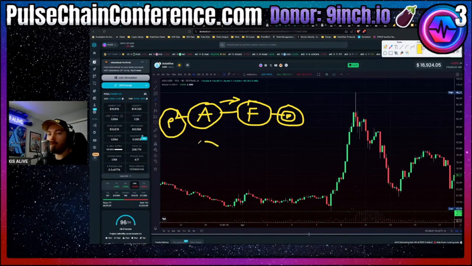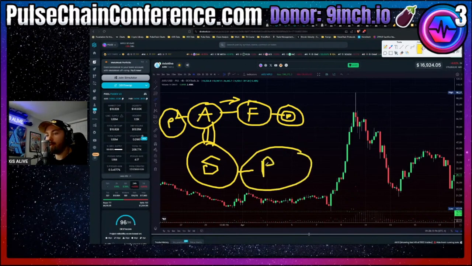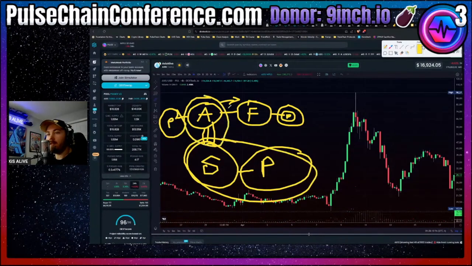And part of this equation as well was SolidX, which was getting pumped like crazy during this period. So this was like a triple bond. It's almost like atoms, a triple bond with tons of liquidity between these, and this had a huge Pulse pair. So these were getting a lot of the volume and the action. But because there was a shortage of Pulse while things were going parabolic, it kept tapping that Fire pool and amplifying the pump on Fire, because less Pulse was getting taken out and just getting deposited in there to get back to SolidX,